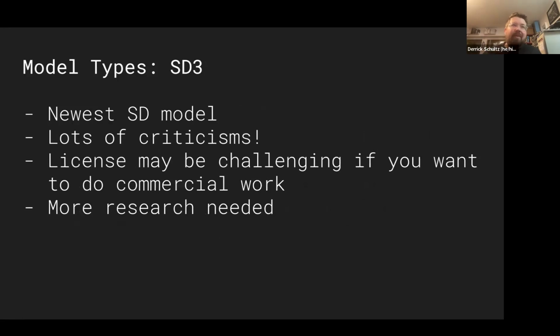SD3 is the newest SD model. It came out 3 weeks ago, 4 weeks ago, something like that. There's been a ton of criticism about it. As I mentioned, the way they rolled it out is a little weird. They rolled out a smaller version, and they realized the smaller version was crap. They rolled out a medium version, and people complained about the medium version, and it turned out that the way they built it, they went in and snipped out some pieces to make it safer. I think it's actually why the Comfy guy quit, weirdly enough. So people are still sort of on the fence about the SD3 model.